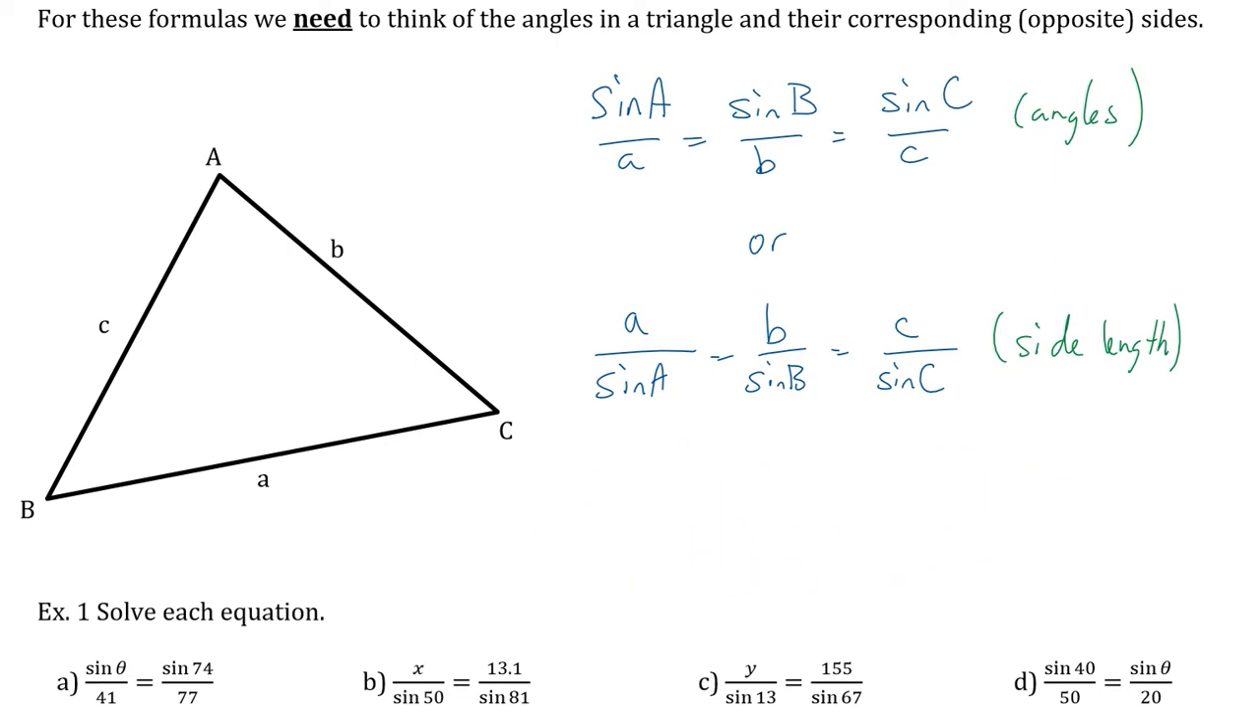If I have one of the angles on top, all of the angles have to be on top. If I have one side length on top, all side lengths are on top. And we don't use all three for a single question. We're only going to need two, and for an equation you can only use two. So you'll notice when we start setting these up, I won't even write down all three. I'll just write down the two that we're going to use, but